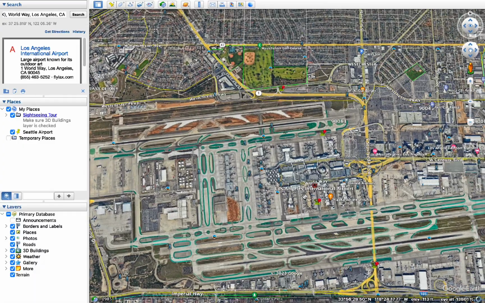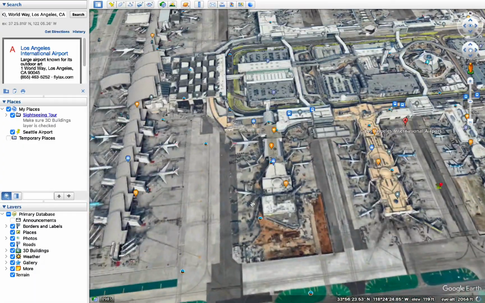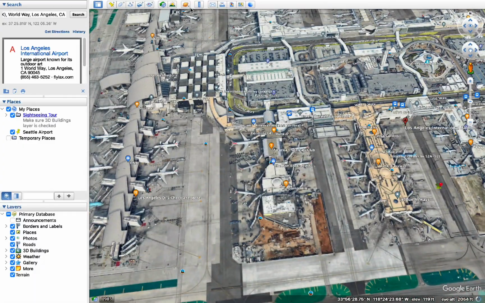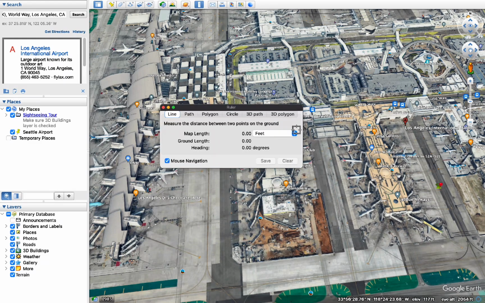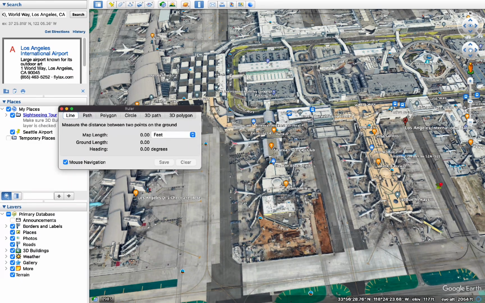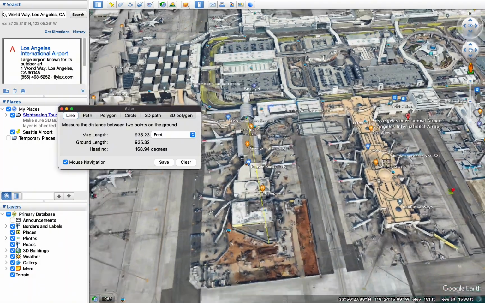So I've decided for this airport, I'm only going to be doing the Delta terminal, the United terminal, the American Airlines terminal, the Alaska terminal, and the Tom Bradley International terminal. So right now what I'm doing is I'm just measuring out different things, like any dimensions that I need. So yeah, it's pretty simple. Just continue doing this